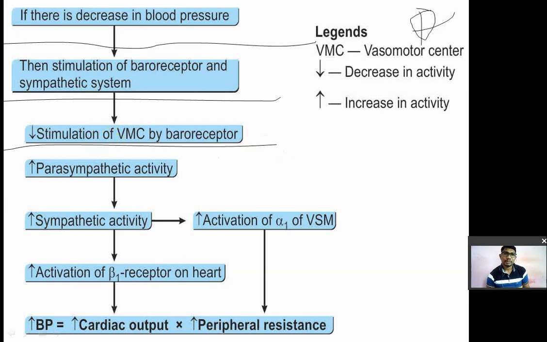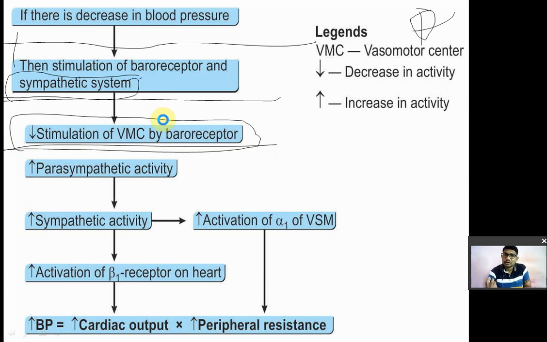ओके जैसे आपके बॉडी में ब्लड प्रेशर कम होता है बैरोरिसेप्टर एक्टिवेट हो जाएंगे, वो सिग्नल देंगे ब्रेन को कि ब्लड प्रेशर कम हो गया है कुछ तो करो. तो ब्रेन क्या करेगा? Brain will increase the sympathetic outflow. Brain will stimulate the sympathetic nervous system, it will release the adrenaline. Then again because of that there will be decreased stimulation of vasomotor center. Vasomotor center is responsible for the control of your blood vessel caliber, जो blood vessel होता है आपका उसका जो internal diameter होता है, relaxation contraction, so that is controlled by